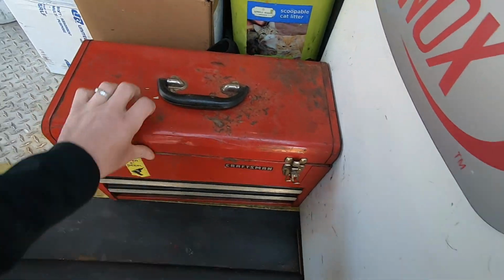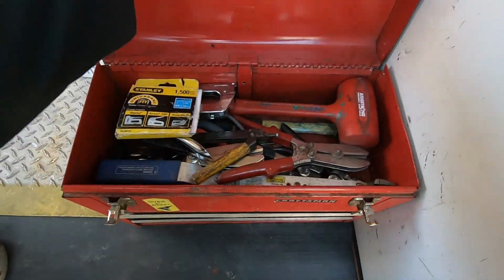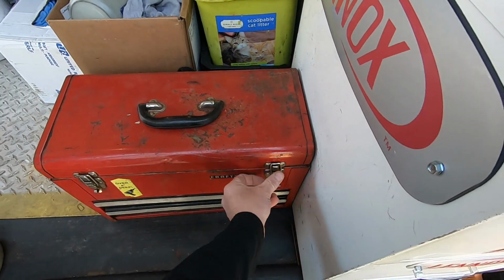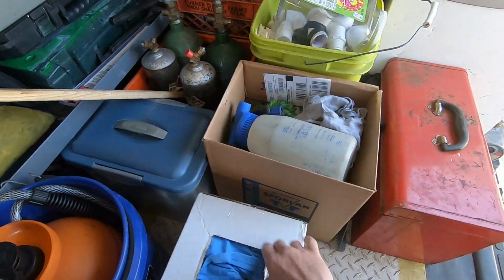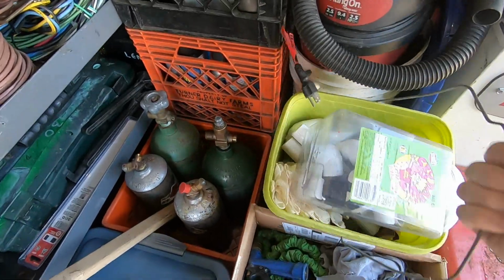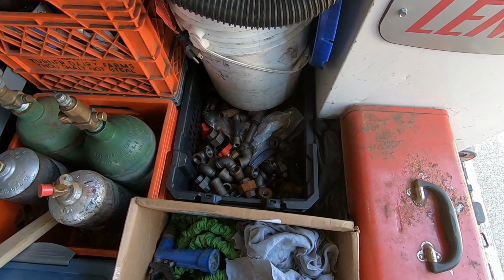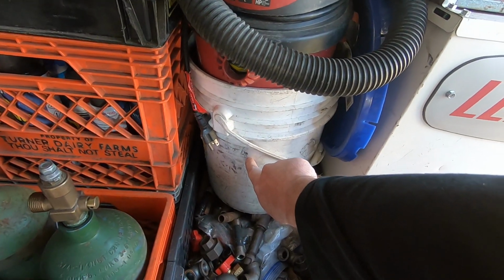Then I got this. I basically keep all my sheet metal tools in here, mallets, you know, everything you need for sheet metal, scissors, all that good stuff. All right, so now that we're in, I got a box of rags. I got a box full of expandable hose, Tommy gun, coil cleaner. All my PVC fittings are here. Down here I keep 1/2-inch black iron pipe nipples and fittings, 3/4 inch black iron pipe nipples and fittings,